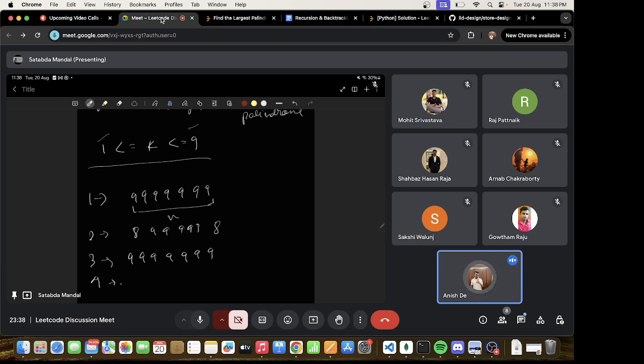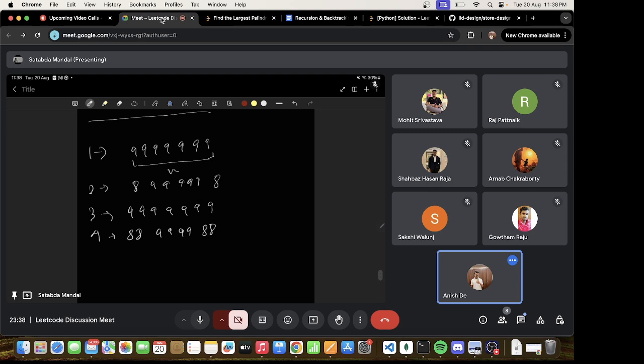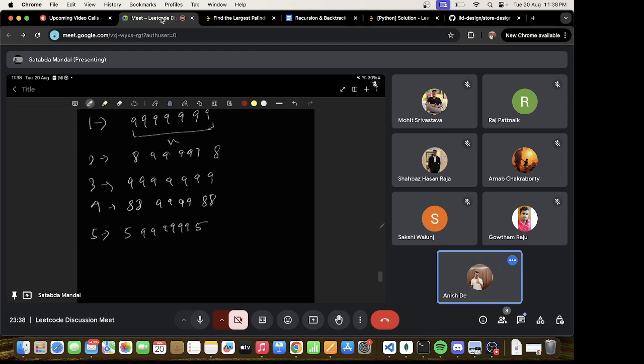For 4, we can do it like 8, 8, 9s in between, and then 8, 8 again. For 5, it will be 5, 9s in between, and then 5. For 9, it will be again all 9s. Then 6, 7,